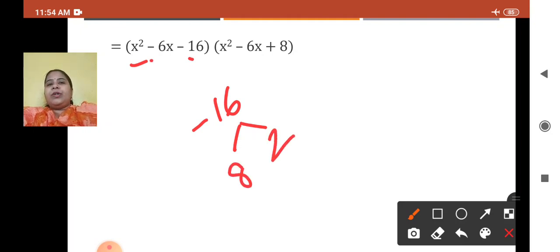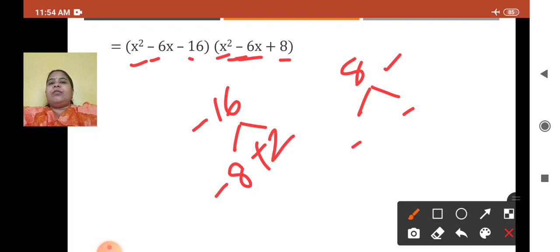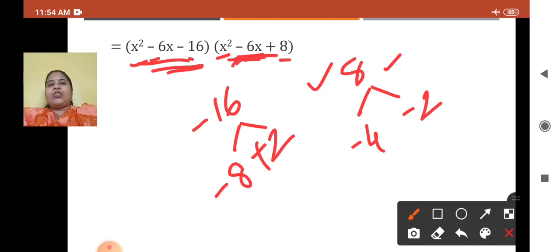Look at the sign of the middle term, minus. So the greater number is minus and smaller number is plus. So these are the two factors for the first expression. What about the second one? It is 1 into 8, that is 8. 8 has to be factorized so that I get this minus 6. See the rule, product is positive, sum is negative, both the factors have to be negative. What should be the possible factor? 8 can be written as 4 into 2. Is minus 4 minus 2 minus 6? Yes. And when I multiply these two negative numbers, I get positive 8. I hope you have understood both the factorizations for this and this.